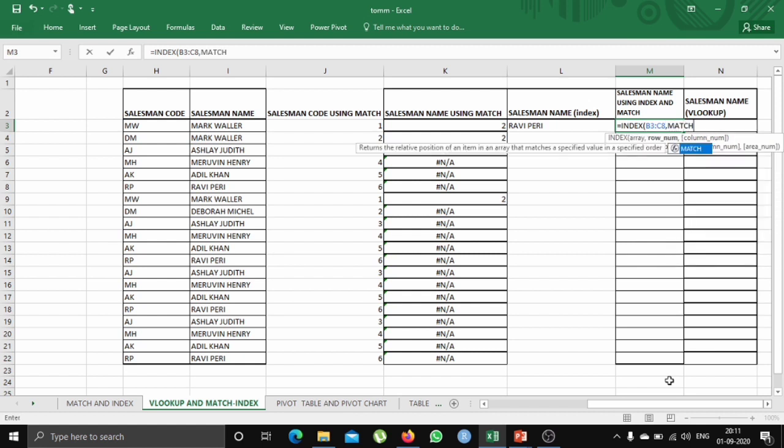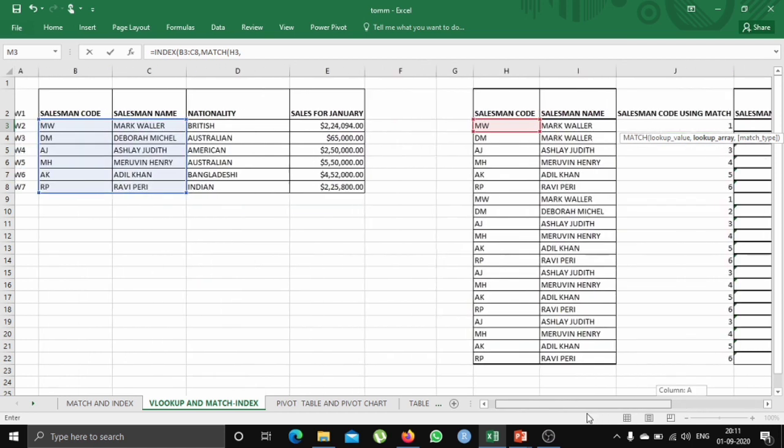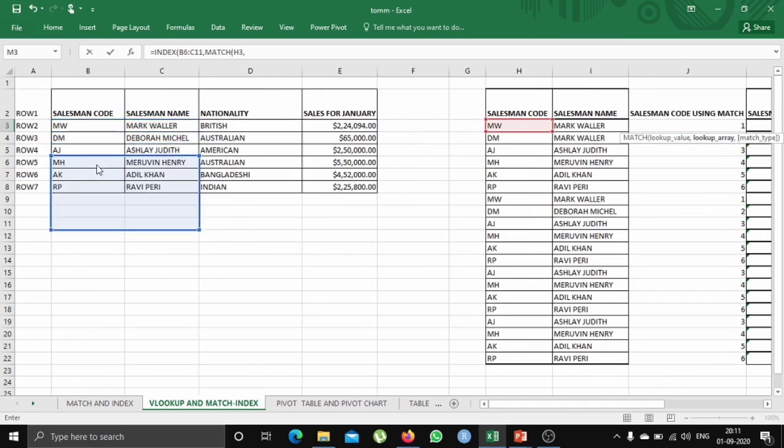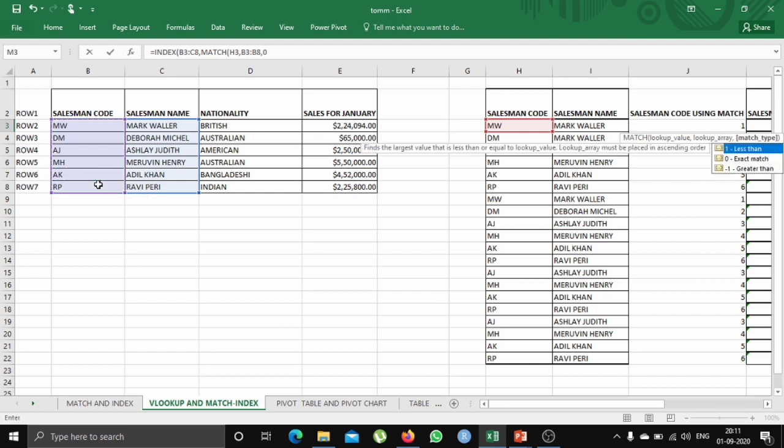Now enter the MATCH function. First we'll go for the column. So select the lookup value, then select the column for that lookup value. Make sure you enter 0 for exact match. Now we want the row.